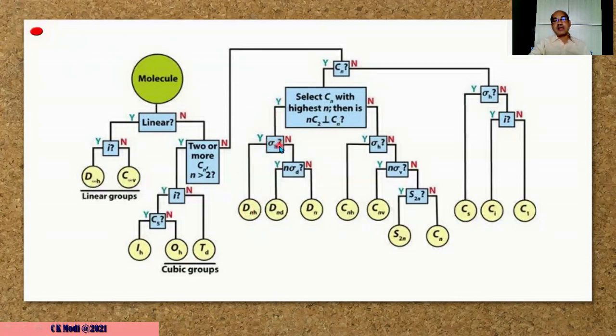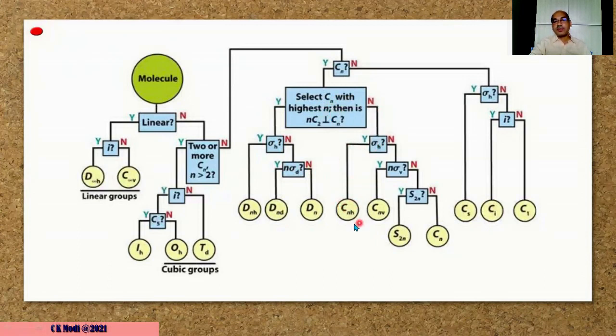Now, if sigma h is absent in that molecule, but a number of sigma d planes are present, then the point group is Dnd. Now, if sigma d planes are also absent, then the point group is Dn. On the other side, if subsidiary axes are absent, only the rotation axis is present, but sigma h is present,